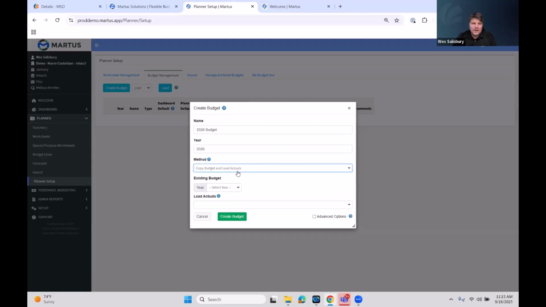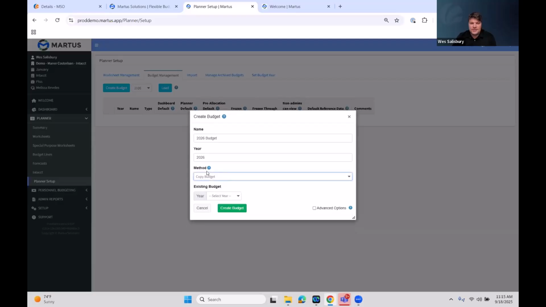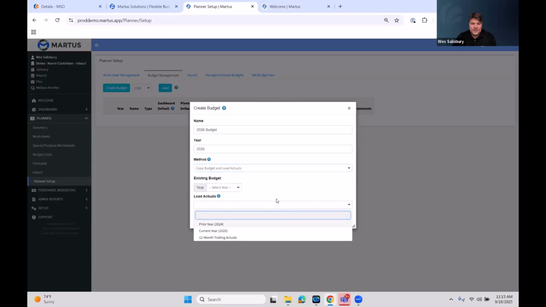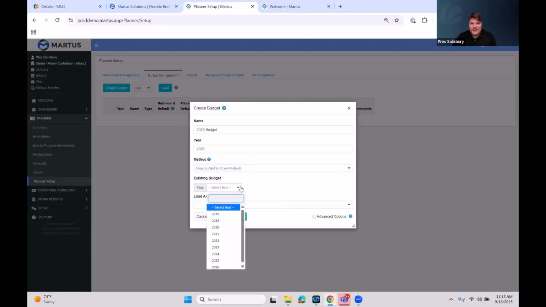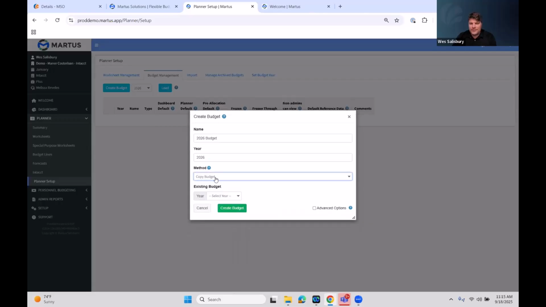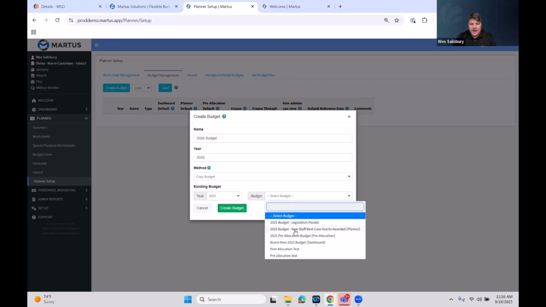Let me go ahead. I'm just going to keep it super simple, exactly what I want to do here. I'm just going to copy an existing budget from a prior year, so I'm going to use the method of copy budget. And then for my year, I want to copy a budget from 2025, my prior year in this context. And then I want to make a copy of this budget right here. So